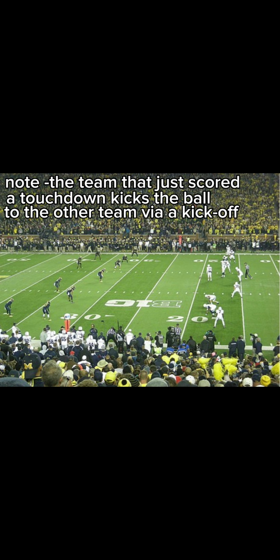So one of the last aspects of the game that I'm going to attempt to explain here is called the onside kick. It rarely happens and it's a very low percentage play. It happens always in the fourth quarter when it's close and a team that has just scored a touchdown is still behind by 8 points, which is the maximum that can be scored in any one play. Now, an onside kick